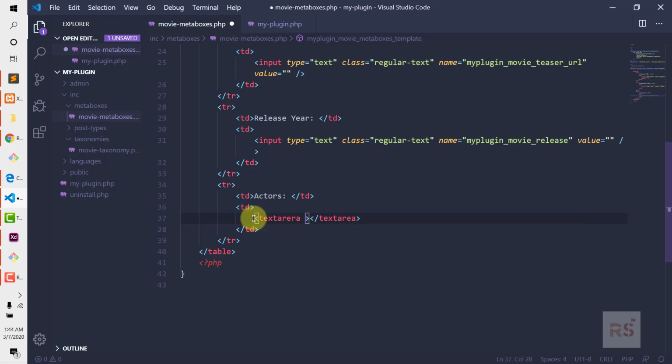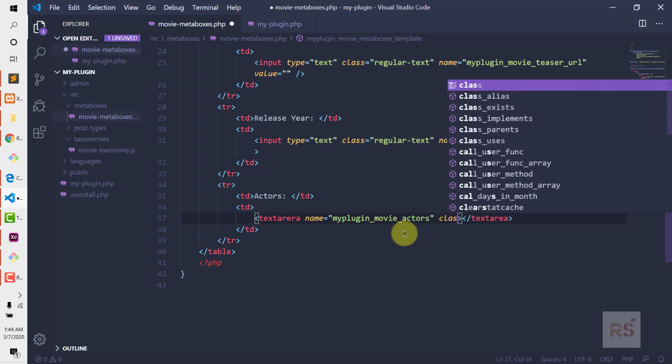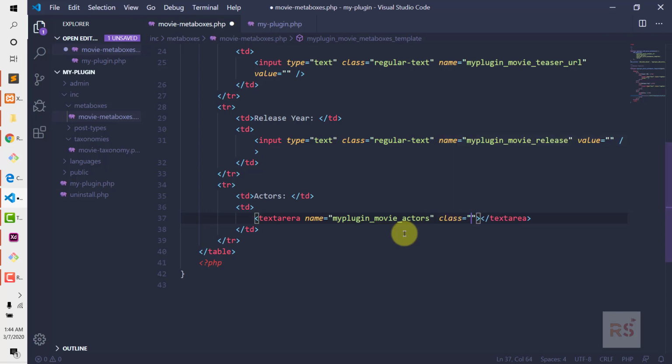So let's name it, like, let's copy movie actors, and the class, I believe, large text. Let's add some rows as well, 4 of them,